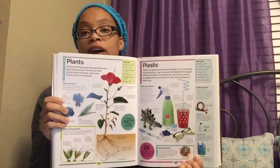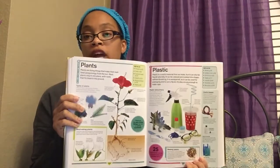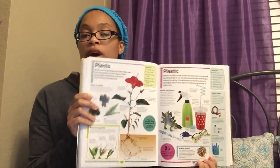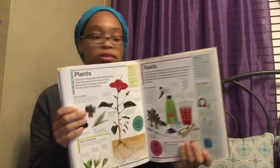But like I said, I love how clear this is. And I think this is perfect for kindergarten, first, second grade. This is probably going to be the encyclopedia that I switch out on my lesson plans for my younger elementary students. And some of the books that I just got recently are, this book I've had in and out of